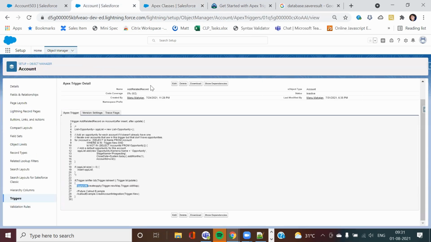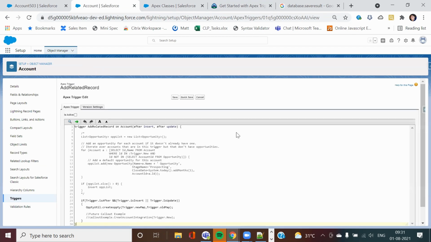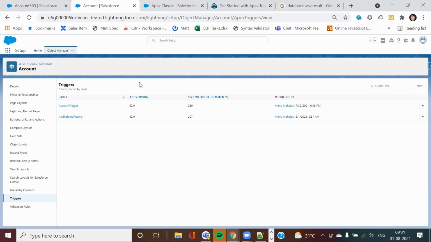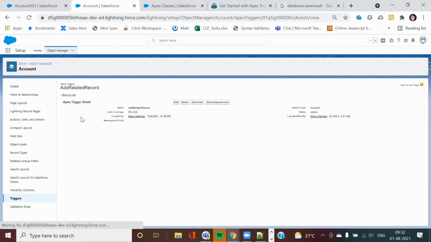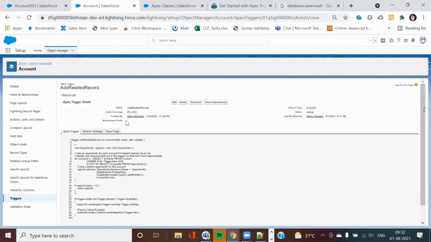And before that, I need to activate the trigger also. Okay, so my trigger is active if you see. By default, whenever you are creating a new trigger, it's active.